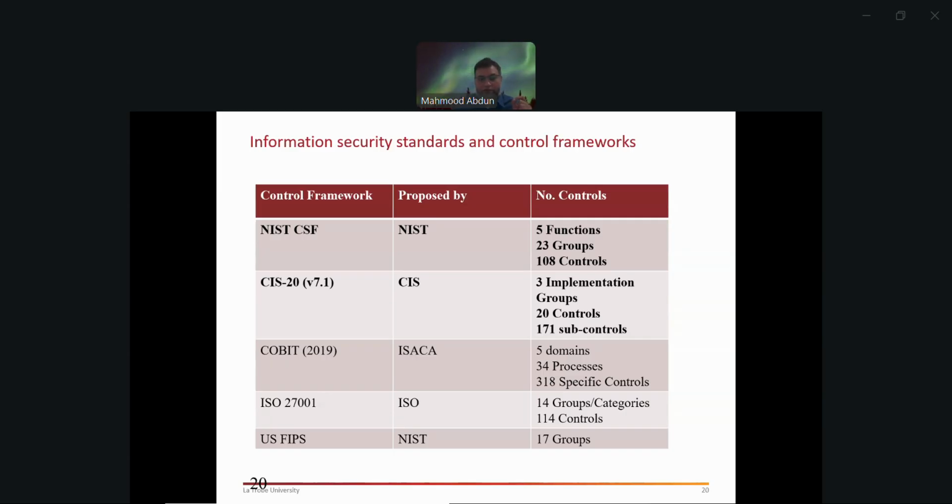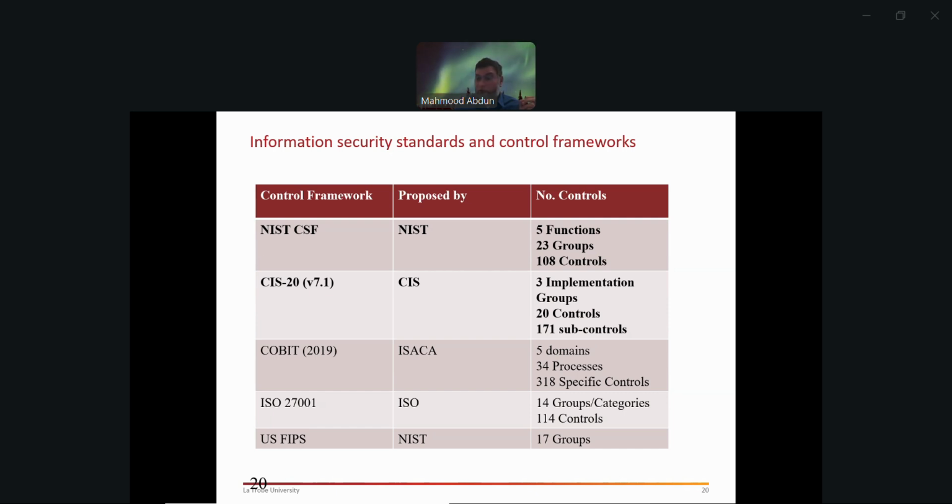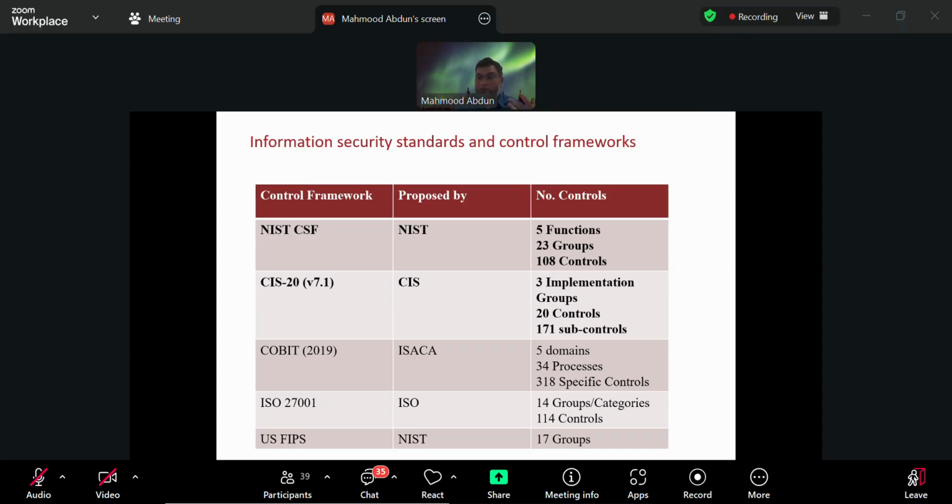If you compare with other frameworks that deal with cybersecurity, there is one called COBIT 2019, a proprietary control framework from ISACA. We've got ISO 27001, which is a standard. And then US FIPS is also an older generation of control. There's also the NIST special publication 800-53. It's not mentioned here, but probably in some other slides. So these are also competing standards, but NIST is probably the most well-known.